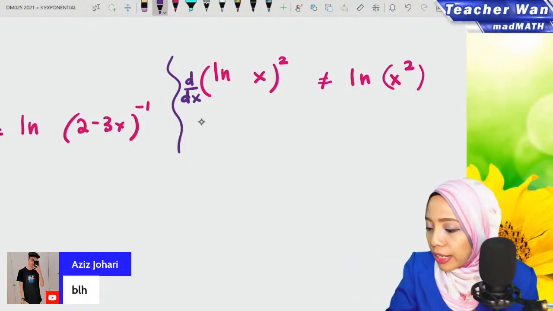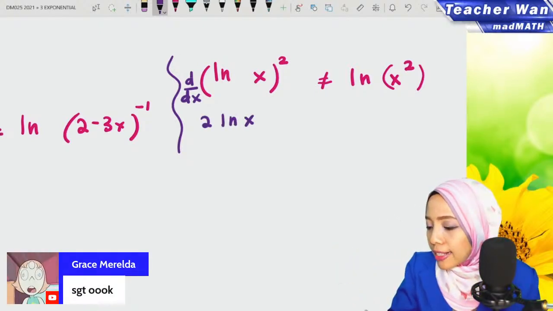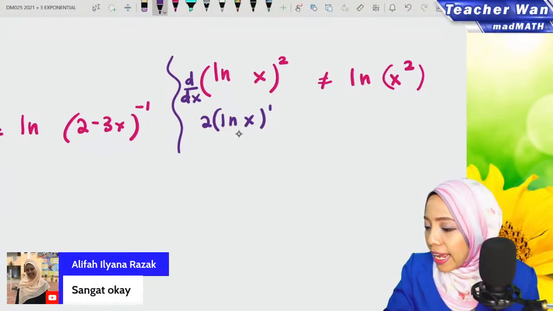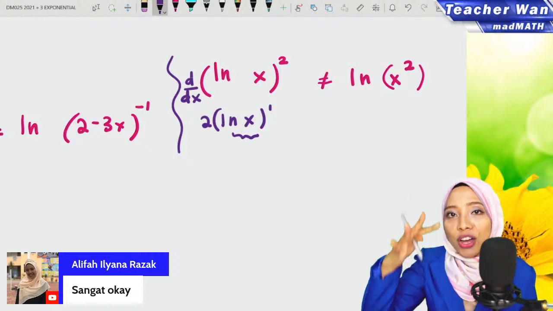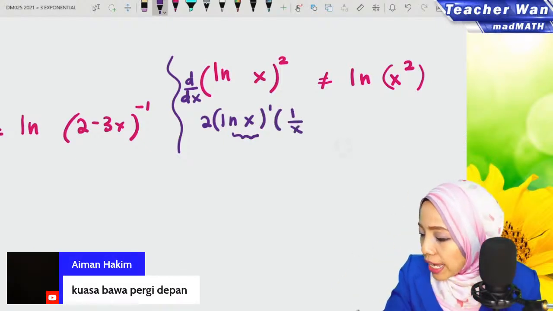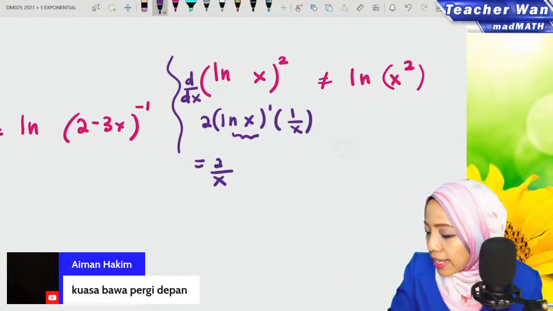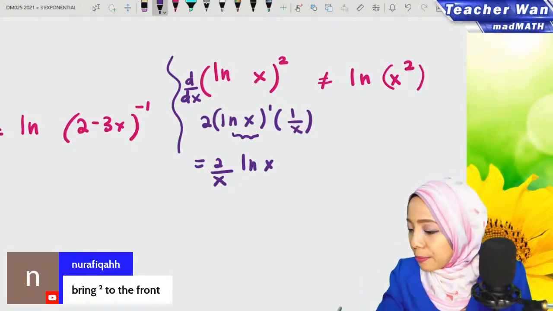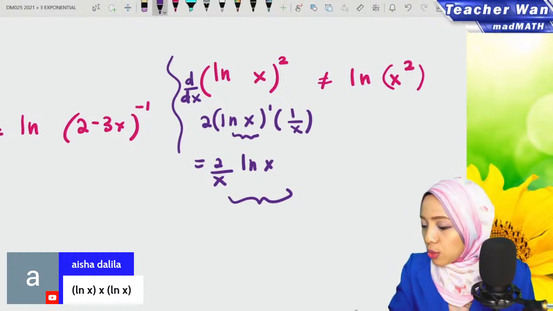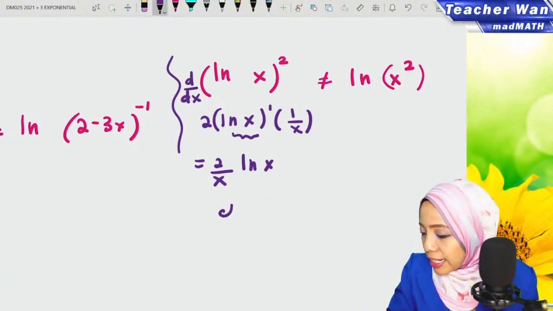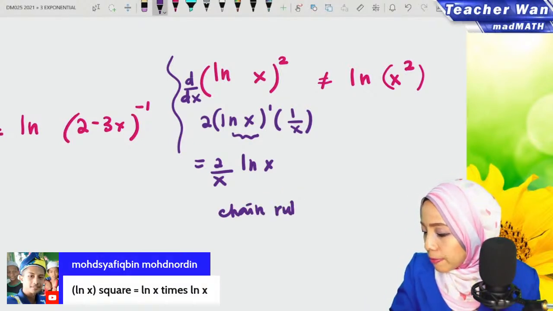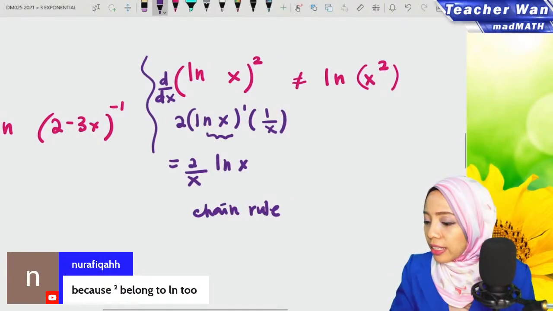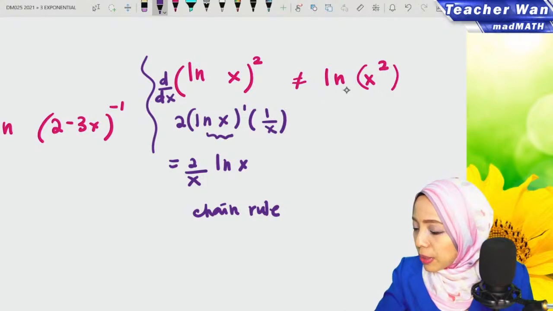So 2 to the front, 2 ln x. Okay, so 2 minus 1 will give us 1. And then don't forget the differentiation of ln x. So 1 over x. So it will give you 2 over x ln x. Okay guys? But then for this one, I write it again, this is chain rule. But this one bukan chain rule. This one using what? Using the properties of